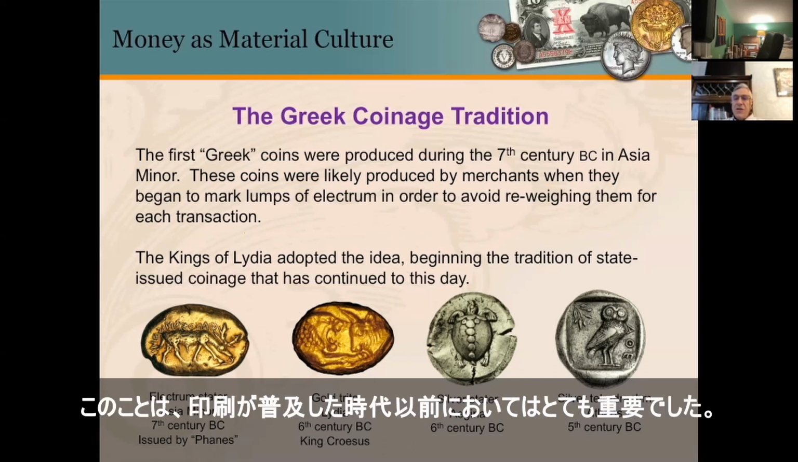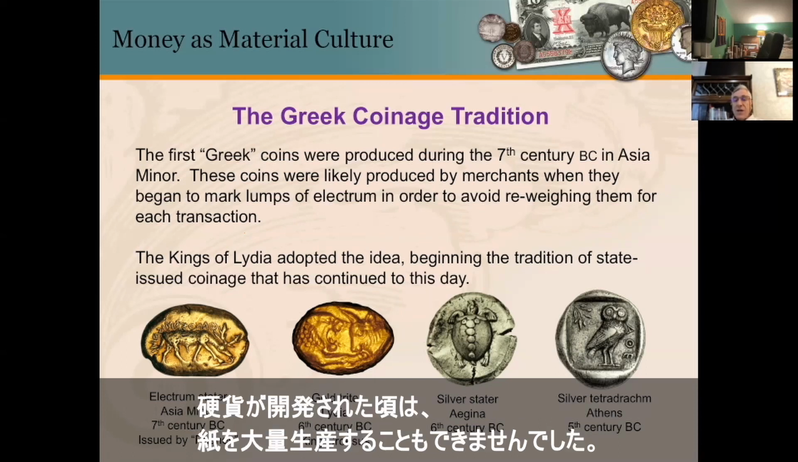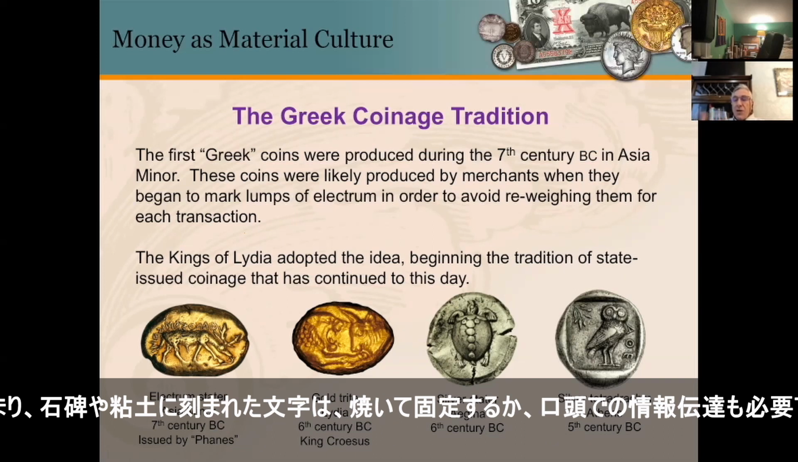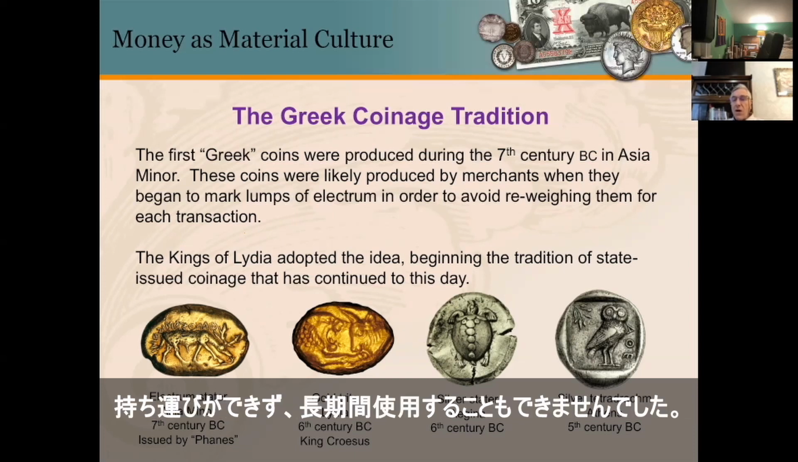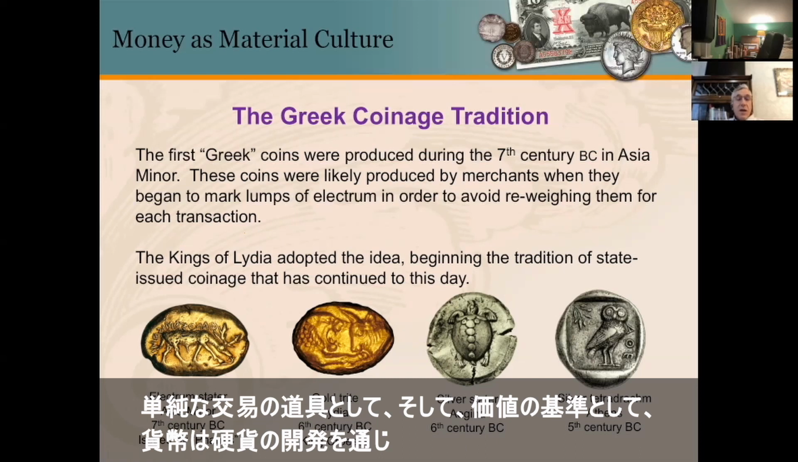This is especially true before the age of the printing press, when options for disseminating information were limited, labor-intensive, and expensive. At the time when coins were invented, there wasn't even any paper that was produced in large quantities, so you essentially had stone inscriptions, inscriptions on clay, which were not very portable or usable in the long run unless they were baked and then fixed, or word of mouth. So this was really one of the very early forms of mass media, a mass communication tool that was unprecedented